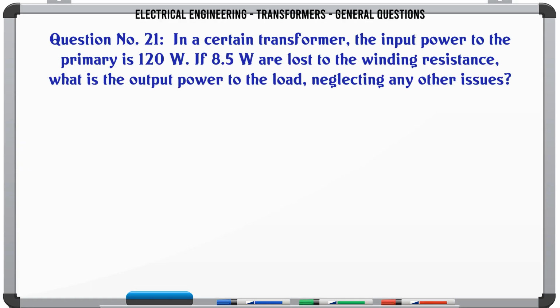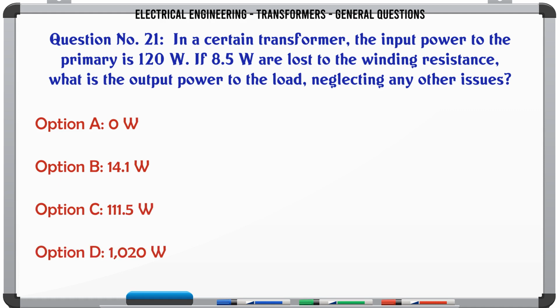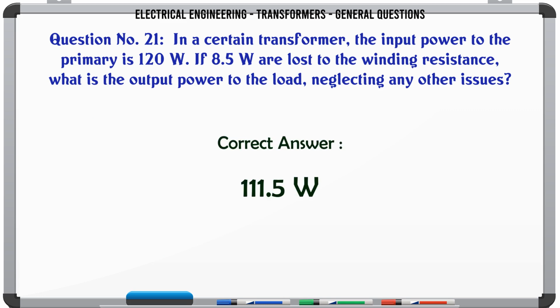In a certain transformer, the input power to the primary is 120 watts. If 8.5 watts are lost to the winding resistance, what is the output power to the load, neglecting any other issues? A. 0 W, B. 14.1 watts, C. 111.5 watts, D. 1020 W. The correct answer is